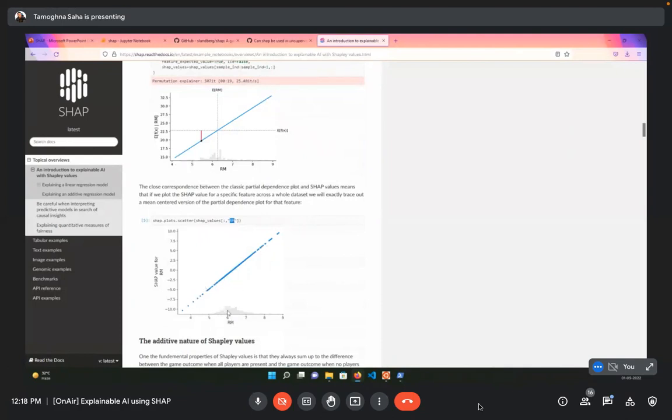So across the distribution of this RM column, whatever the corresponding Shapley value coefficients you get, that basically forms the partial dependency plot for you. Just for visual purposes, you are going to get this vertical line that says this is the SHAP value of this column for this particular instance of record, like 20th row, 50th row, 100th row, etc. That's all. That is what a partial dependency plot is.